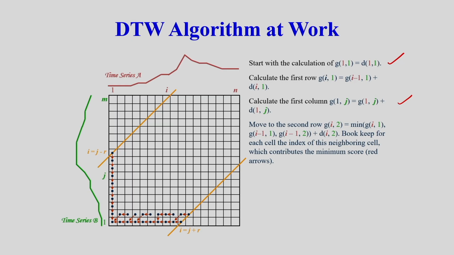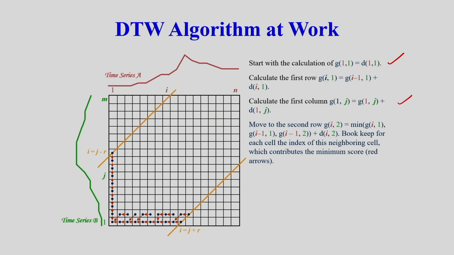Move to the second row, that means I am considering the second row. If you see the figure, move to the second row, that is Gi2. We can determine Gi2, that is the minimum of Gi1, Gi minus 1, 1, and Gi minus 1, 2, plus Di2. And after this, keep for each cell the index of this neighboring cell which contributes the minimum